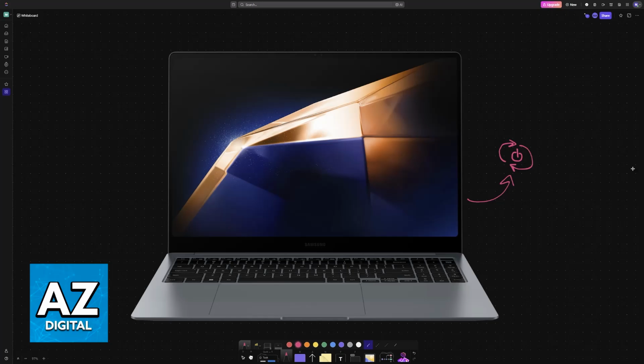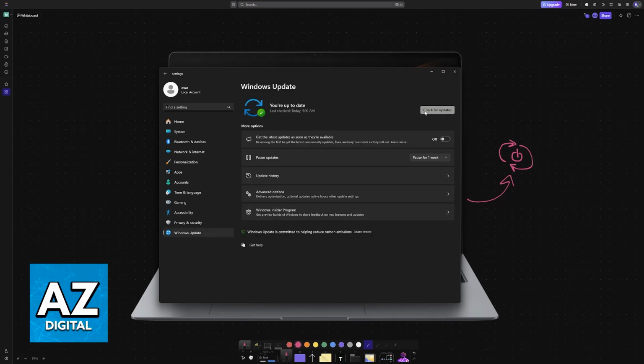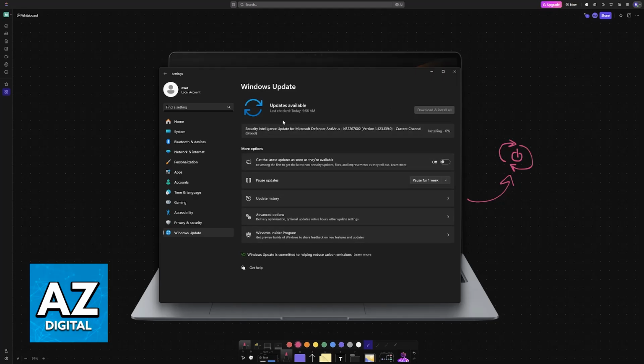If you notice that even after restarting your laptop, the issue still persists, then the next thing to do is to check for any sort of software update. So you can go over to the settings in Windows, and if you go over to Windows Update, you will be able to check for updates. If you notice that any pending updates are presented here, it's very important to set some time aside so you can update everything as needed. So for example, I got this one. Of course, it doesn't have anything to do with the screen. It is Microsoft Defender, but the point is you should regularly check for updates.